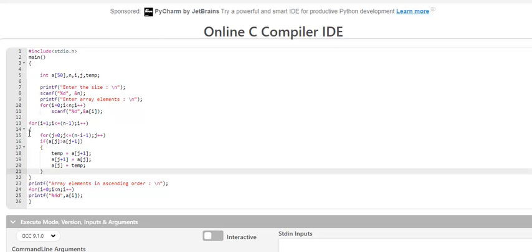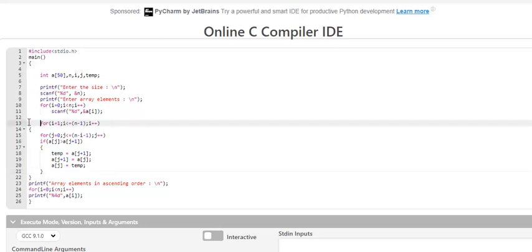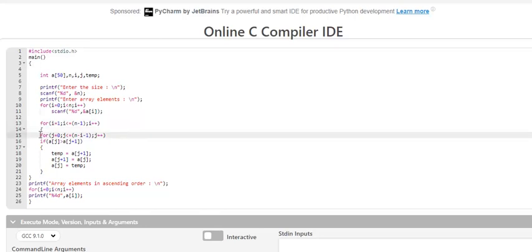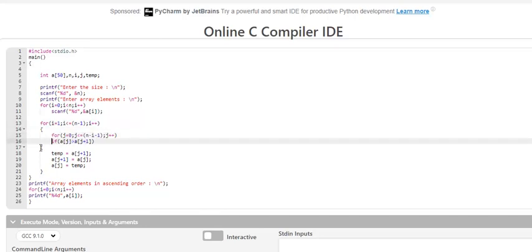Indentation should be done here as well in this for loop. Once we have the bracket, we should have one more tab for all these values.